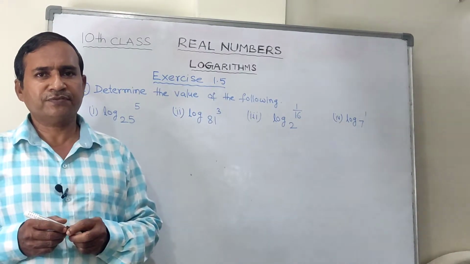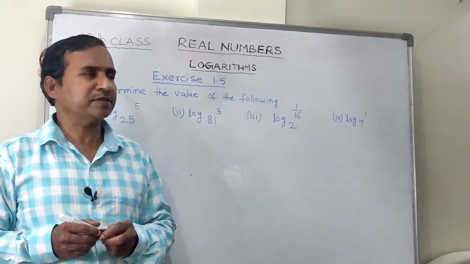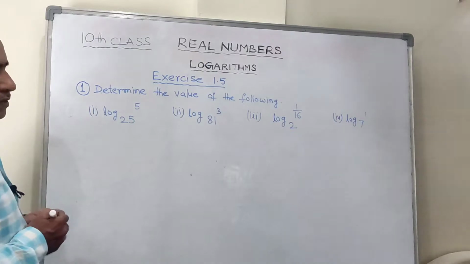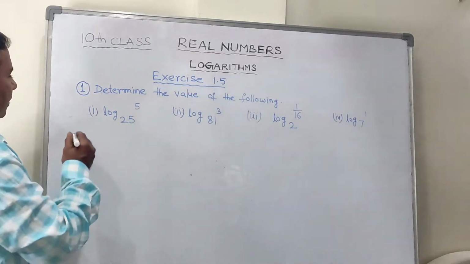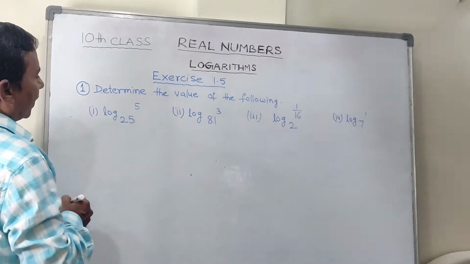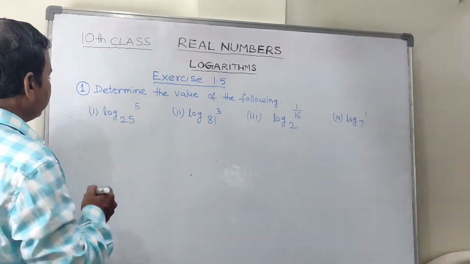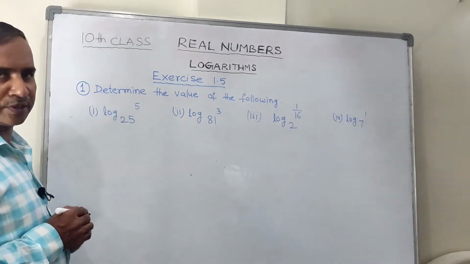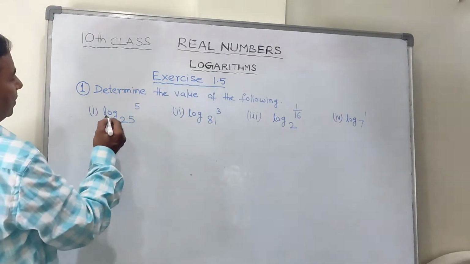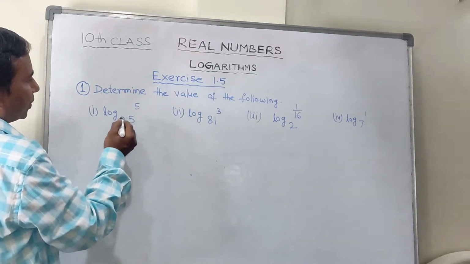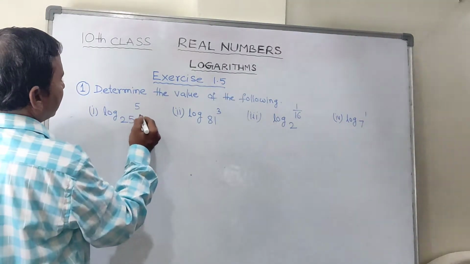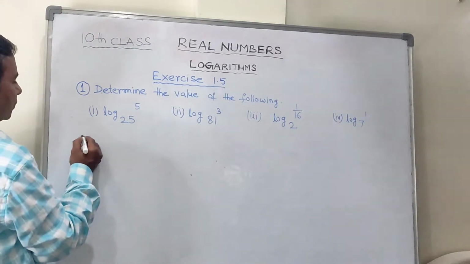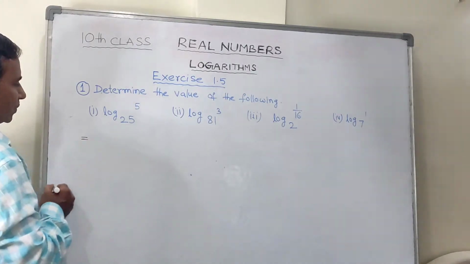Today in this video session we are going to discuss exercise 1.5. In the first bit, see the first problem, log 5 to the base 25. All these problems we can do in two methods. The other method is by removing the logarithm and changing into exponent form, considering this as x and finding the x value. Now let us do this by using the formula based method.